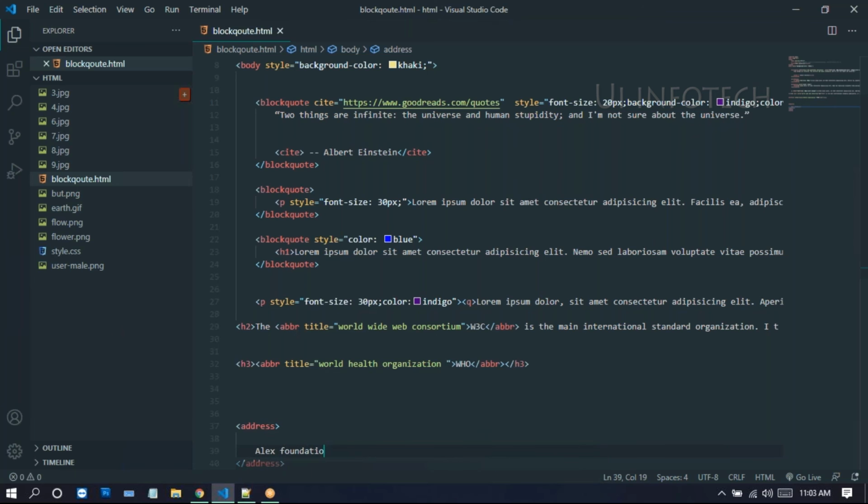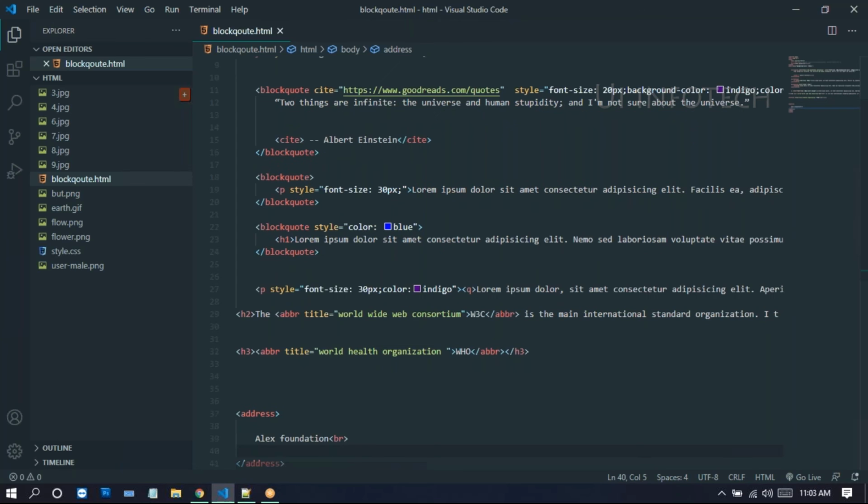For this Alex Foundation, I'm taking the BR here to break the line. After that we can give the address here. So here I'm giving 233 something D, 11 Avenue.